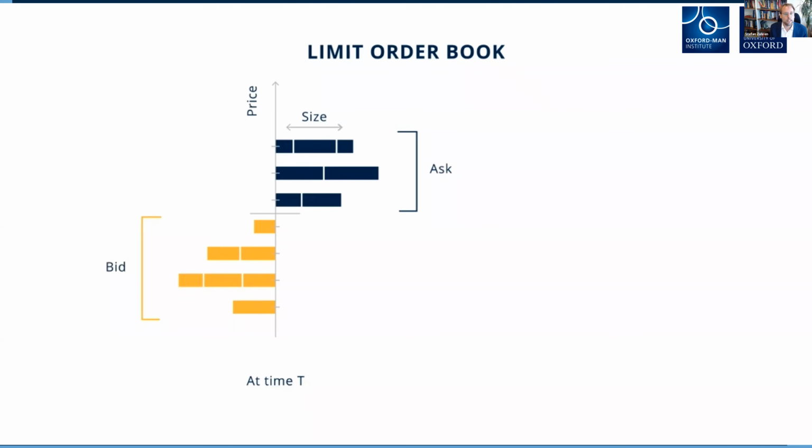And now, obviously, we could look at the level with the lowest price of those selling, that is the best ask. And similarly, the level with the highest price of those buying, that is the best bid. And the mid price is just the midpoint between those two levels. So if you see a price in a time series, it's really just a manifestation of the supply and demand. It's really just this midpoint here. So if the price actually changes, what has happened is that someone must have canceled an order and maybe a level was pulled away, or someone actually crossed the spread, took liquidity, and the trade happened.